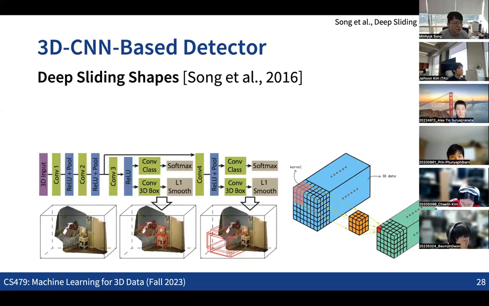For the 3D case, we also have proposals of the 3D bounding boxes. Then we extract the features for each region and get the classification scores and also the foreground mask regions. So we can do the same thing using the 3D convolutional neural network. But we also know the downsides of this kind of approach, right? What would be the limitations if we just directly use the 3D convolutional neural network?